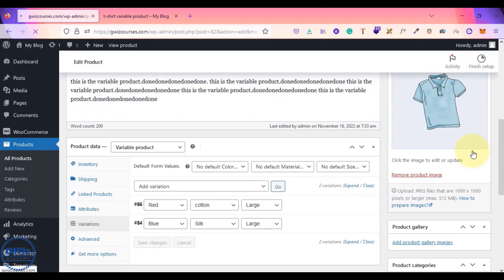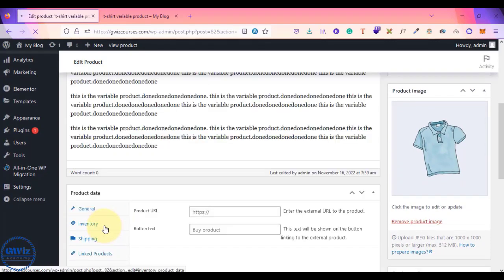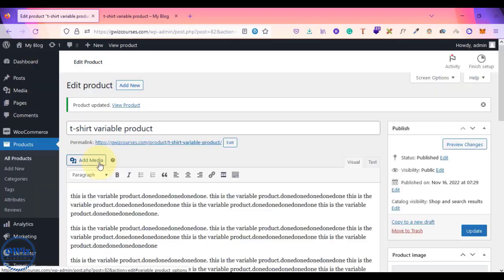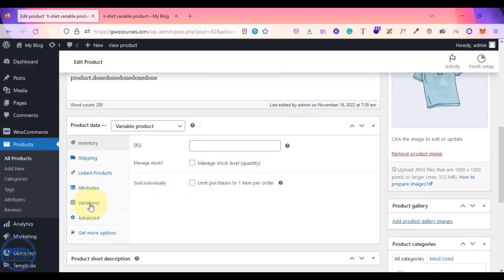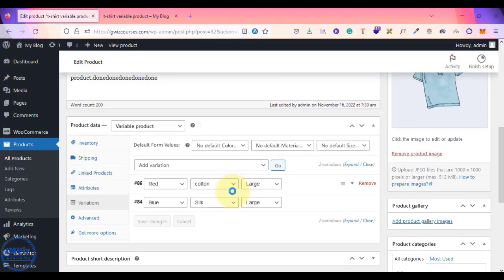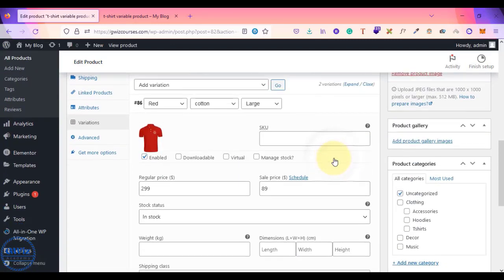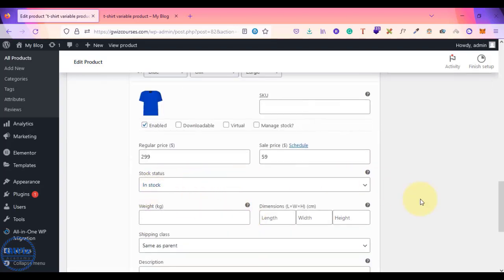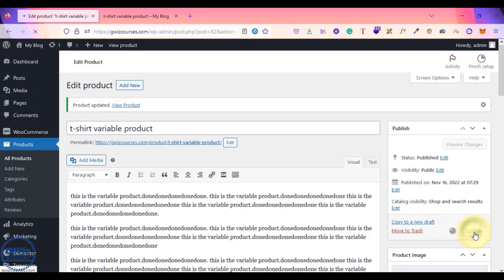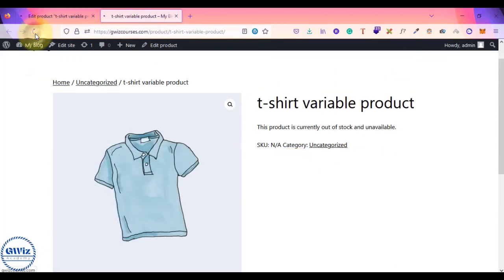Whatever additional details we are giving under attributes, it is fine, but it doesn't mean that I have all the variations available always, right? Some variations might be out of stock, some variations might be available, so I just need to keep it updated. So I have two variations, and I have those in stock as well. In stock, yeah, and the second variation is also in stock. Perfect. So now I'll click on update, and then if I go back here and refresh and see,